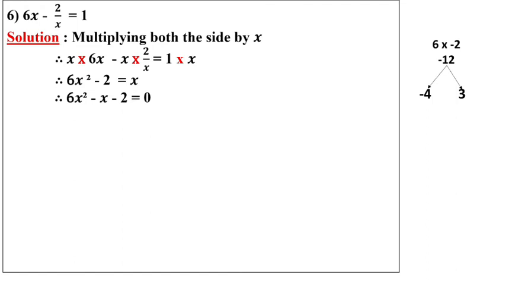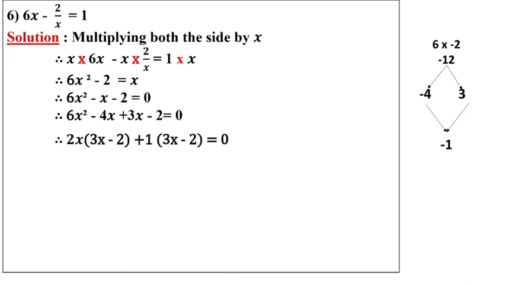So 4 3s are 12. We want minus, we will put the minus on the bigger number. So minus 4 plus 3, minus plus minus. So we get minus 1. Substitute the value. What is common among 6x square minus 4x? 2 and x. So 2 comes out. 2, how many are 6? 2 3s are 6. 1 x remains. Minus 2, how many are 4? 2 2s are 4. The same bracket will be copied. In the third term you see 3x minus 2 is given. 3x came inside, nothing is left, then 1. The sign given is plus.